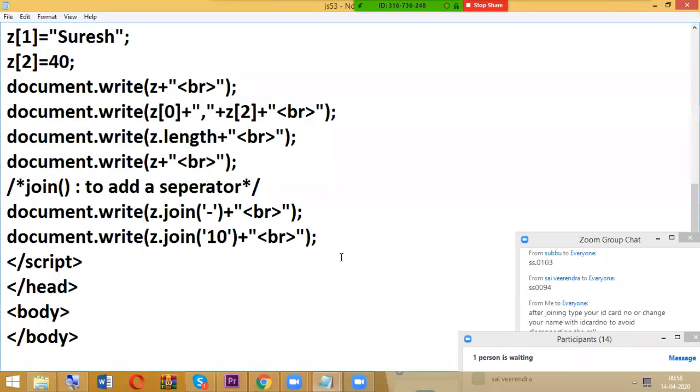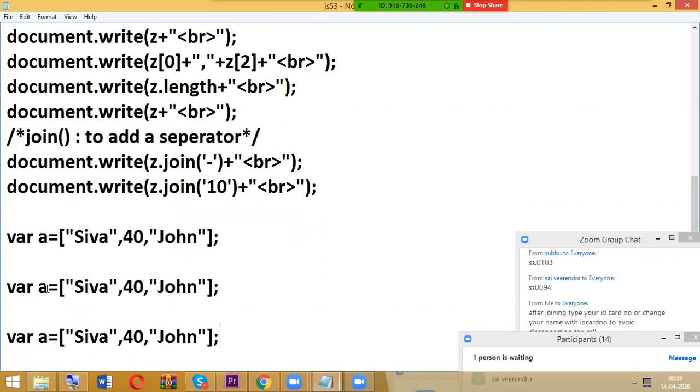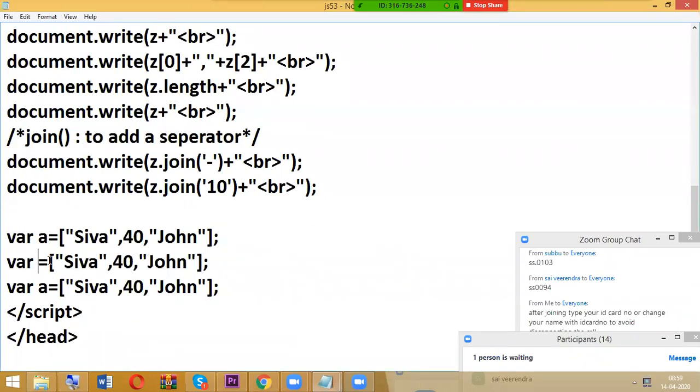Okay, next. I have a different array: Shiva, John, or any other. Like this, I am planning to have totally 3 arrays, B and here C. Plan different names.